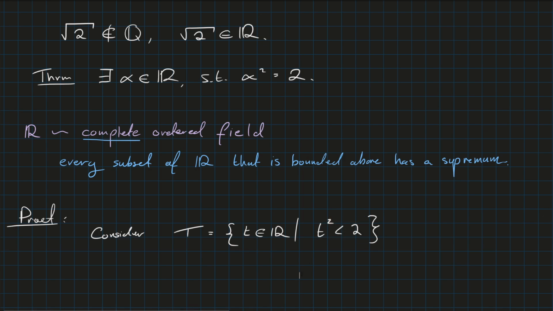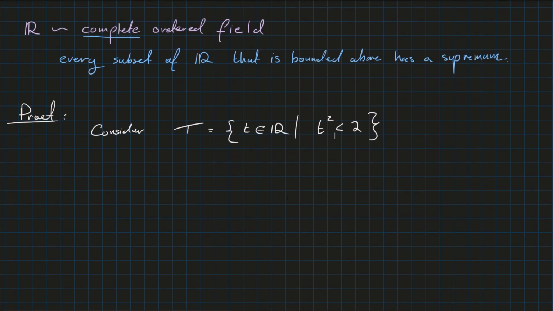And so hopefully it makes sense to say that the least upper bound of this set probably is the square root of 2. You could also say we're looking for the set of all t such that t squared is greater than 2, and you find the greatest lower bound. Equivalent, but we will do it like this. Okay, so then we say let alpha equal the supremum. Oh, sorry, we should be clear here for a second,